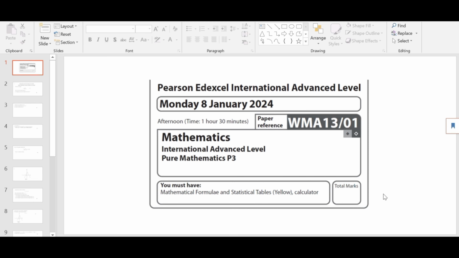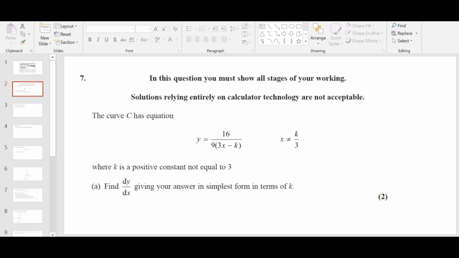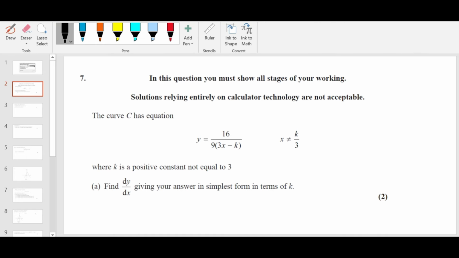Here we are solving the Pure Math 3 January 2024 paper. In the previous two videos we covered questions 1 to 6. In this video we are starting from question number 7. We have a function given, a curve C